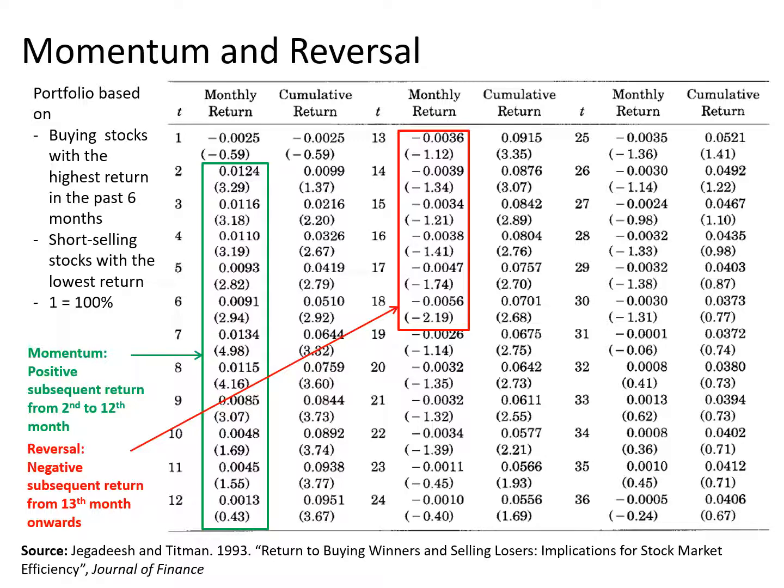Now remember, we are talking about not one single stock. You're buying a portfolio of stocks that have been doing well, and short selling a portfolio of stocks that have been doing poorly. So we are talking about quite a number of stocks. And what you're seeing here is that when you do this long-short portfolio, the return you're getting starts becoming negative in the second year, and it basically stays negative all the way to the 31st month,